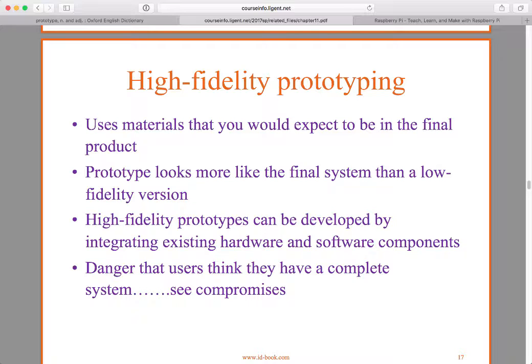High fidelity prototyping. So high fidelity prototyping uses materials that you would expect to be in a final product. The prototype looks more like the final system than a low fidelity version. High fidelity prototypes can be developed by integrating existing hardware and software components. There are times when you can just take, say, kits or existing pieces and combine them together and get a high fidelity prototype. The danger in a high fidelity prototype, and this has always been a prototyping problem, is that